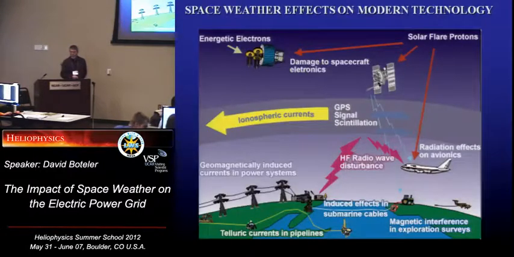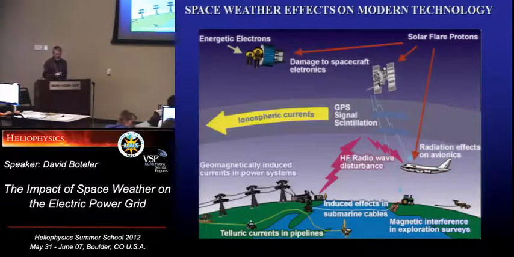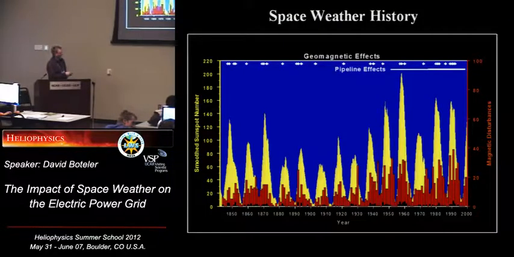So the first part, what's happened? Well, there's a whole range of space weather effects on different types of technology, all the way from satellites to ionospheric disturbances affecting radio communication and things like GPS systems. But we're going to focus on things down on the ground and specifically on the electric power systems. But just to give you a bit of context, this is not a recent phenomenon. It goes all the way back to 1847.